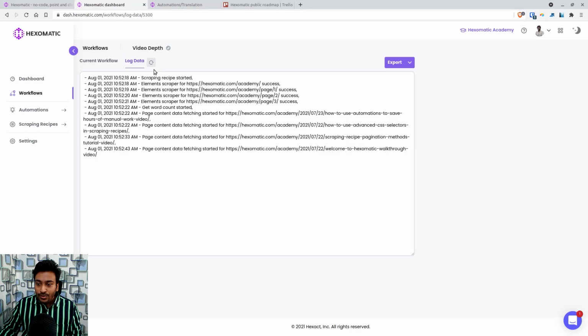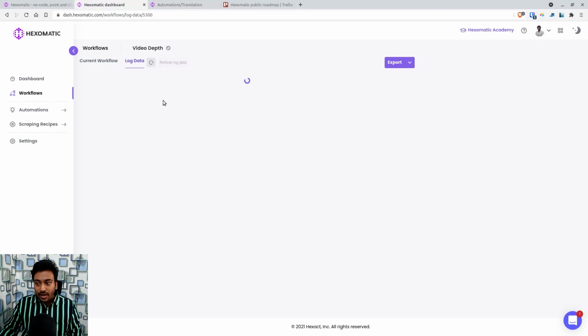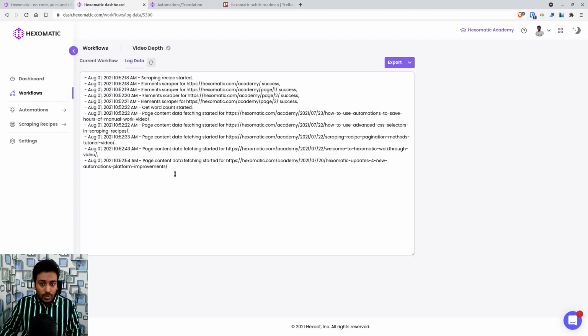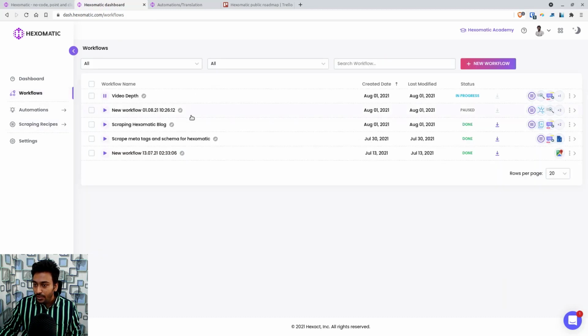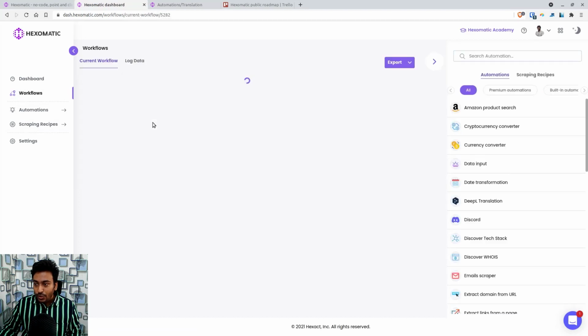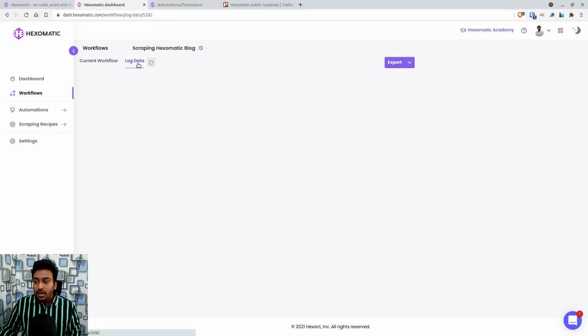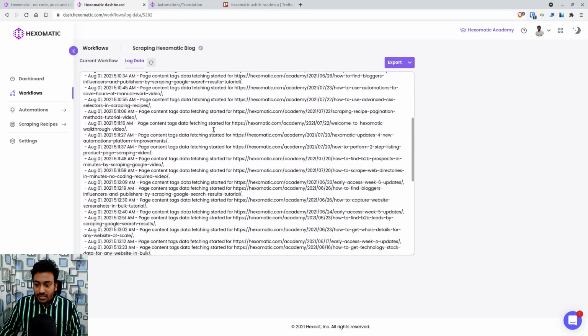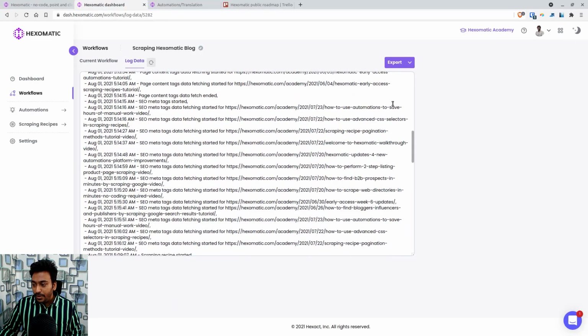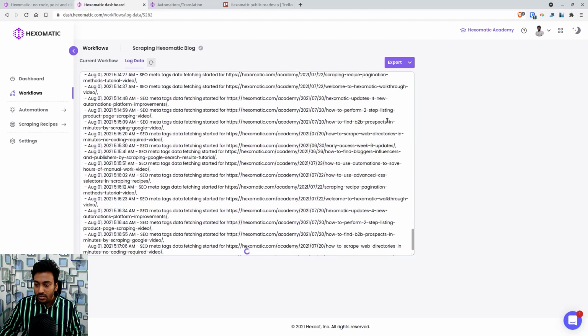Yeah, if I do that, you can see it automatically starts working on it. I can get the data here also. You can see it's just moving along. So depending on that, it will take time. And once you're done, for example, let me go into one of the other ones which has been done. If I go into another test I did, and go into log data, you can see it automatically does all these things, and depending on that, you can see it scraped all the different stuff.